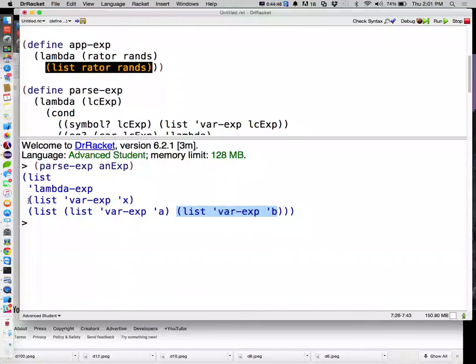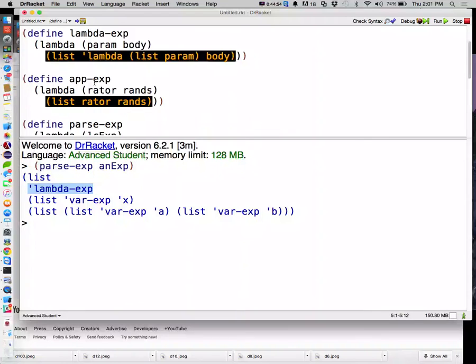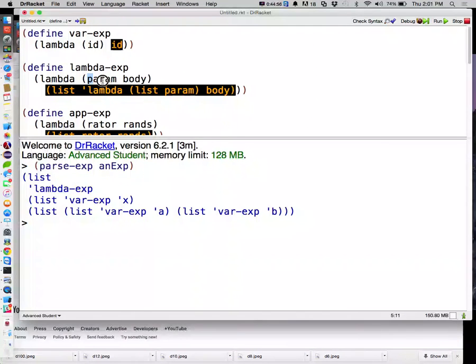This is our identifier, var-exp. This is our lambda expression. This constructor takes in parameter and body. The parameter is this var-exp. The body is this